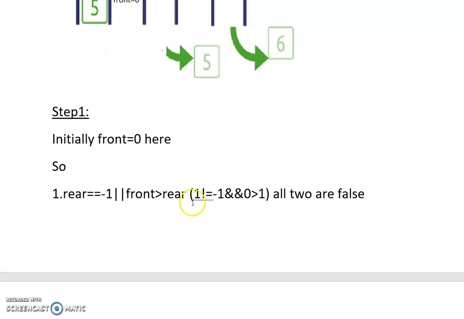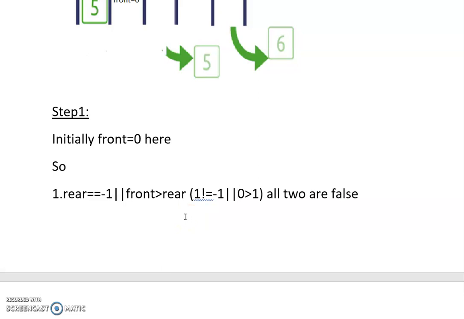Or front greater than rear. Front value is 0. 0 greater than 1? Here both are false. Logical OR means if any one is true, it will be true. Here both are false, so it is false.